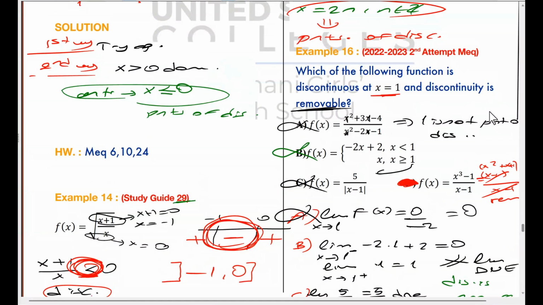Okay. I think I solved every type of question about point of discontinuity in the book and from the ministry. So the rest is